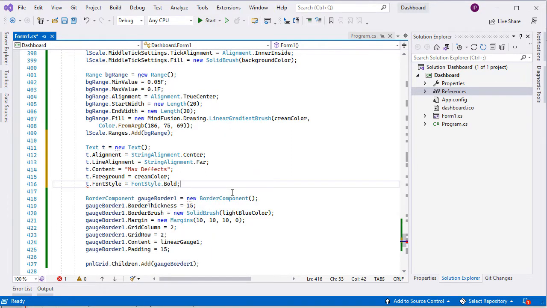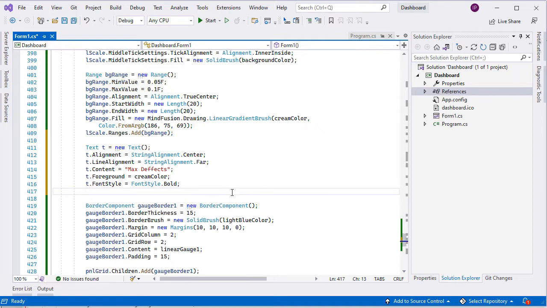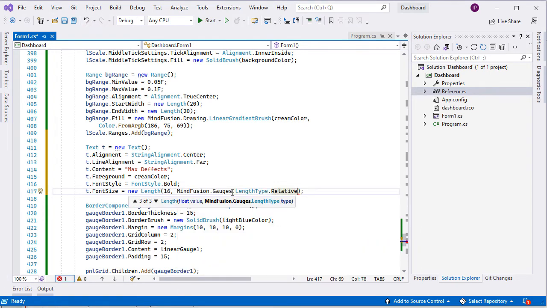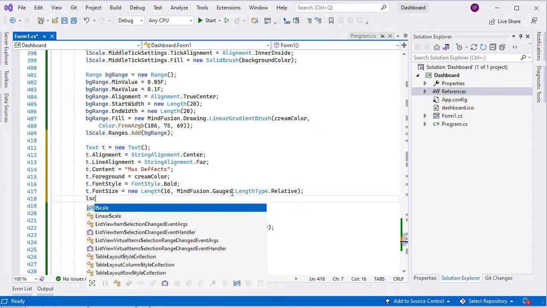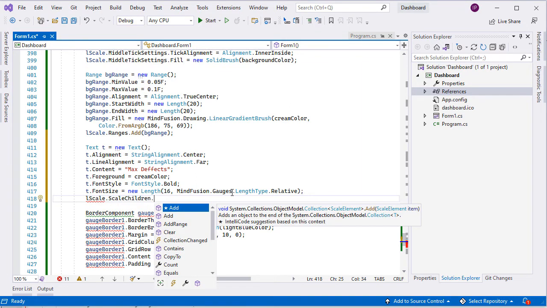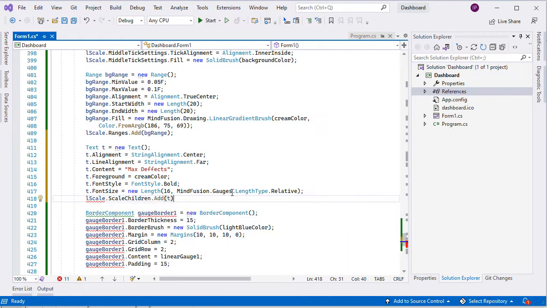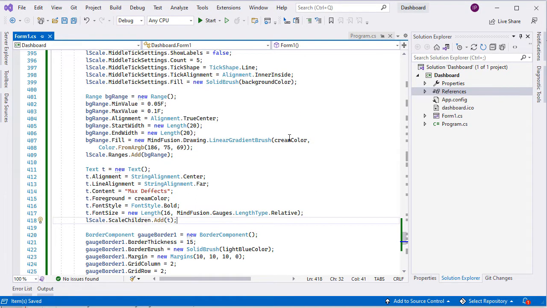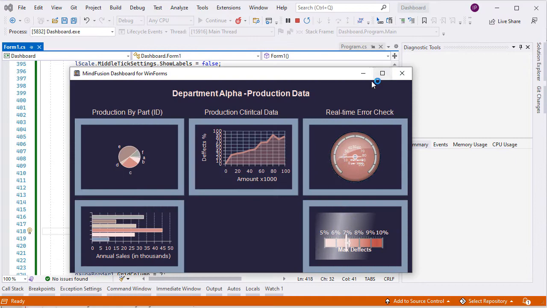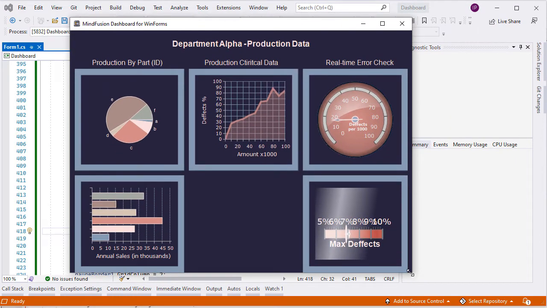The font is bold. The size is 16 and is relative. Finally, we can add the text to the scale children collection of the linear scale. Now we can see our finished gauge.